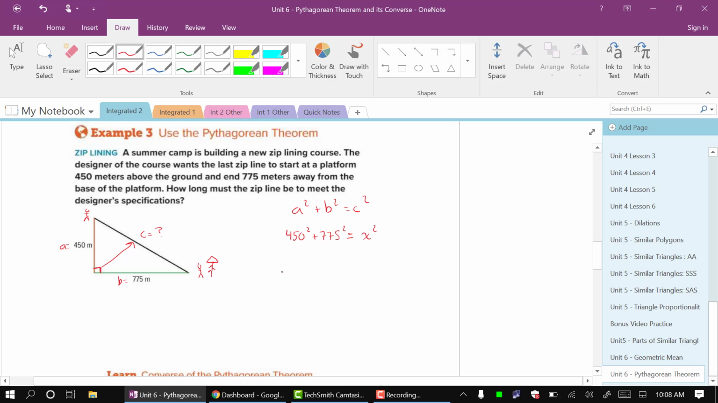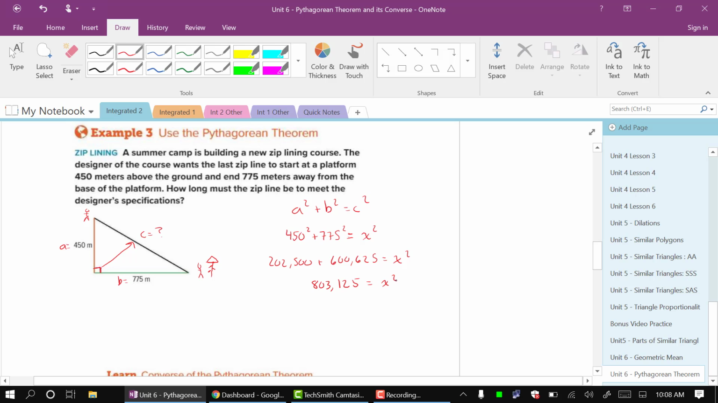450 squared is 202,500, plus 775 squared is 600,625, equals x squared. Add these two together. That gives me 803,125